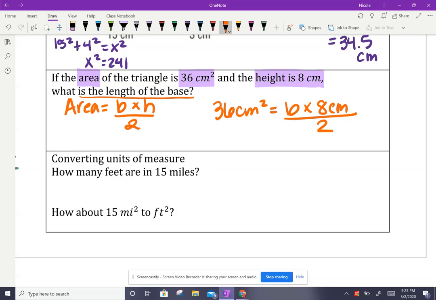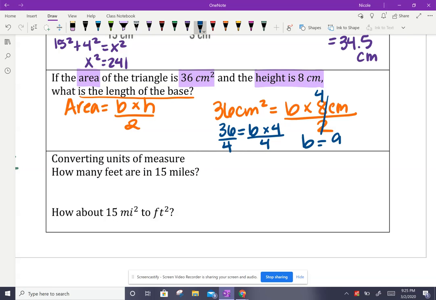Now I can simplify. I've got 8 and 2. 8 divided by 2 is going to give me 4. So this turns into 4 centimeters, and we have 36 equals base times 4, divide by 4, divide by 4, and my base is equal to, drumroll please,